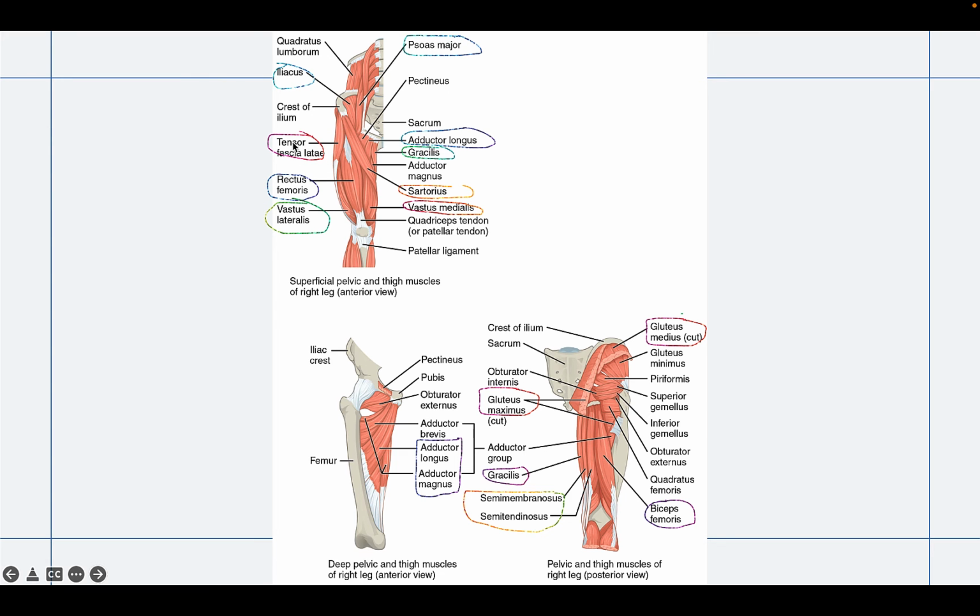And then we have our tensor fascia lati here, and this is going to help abduct the thigh. So pulling your leg away from your midpoint is the tensor fascia lati, abducting the thigh away from the body. And then our adductor longus, gracilis, and adductor magnus are going to add our legs together to the midpoint. Okay. Then we have the sartorius muscle, and this is just going to be involved in flexing the hip